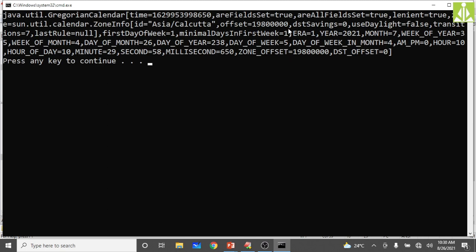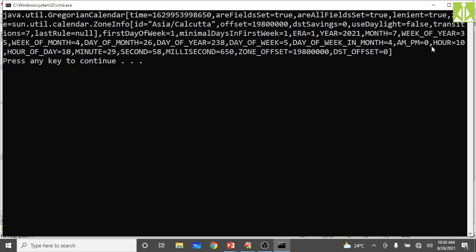So here offset, daylight saving, transition. It is having week of month, date of month 26. Today it is 26, so it is maintaining a field, date of month 26. Okay, day of year 238, day of week 5th day, day of week in month 4.